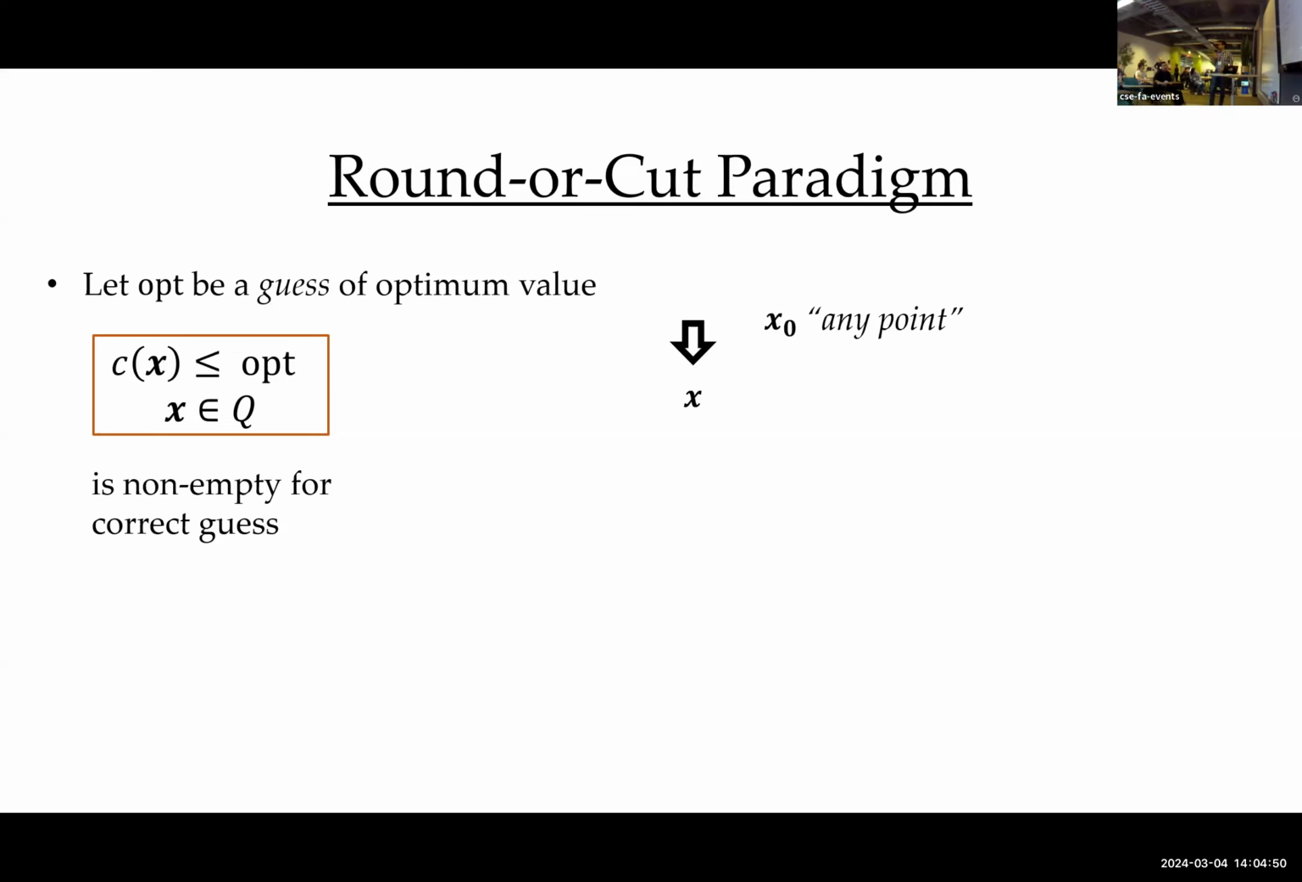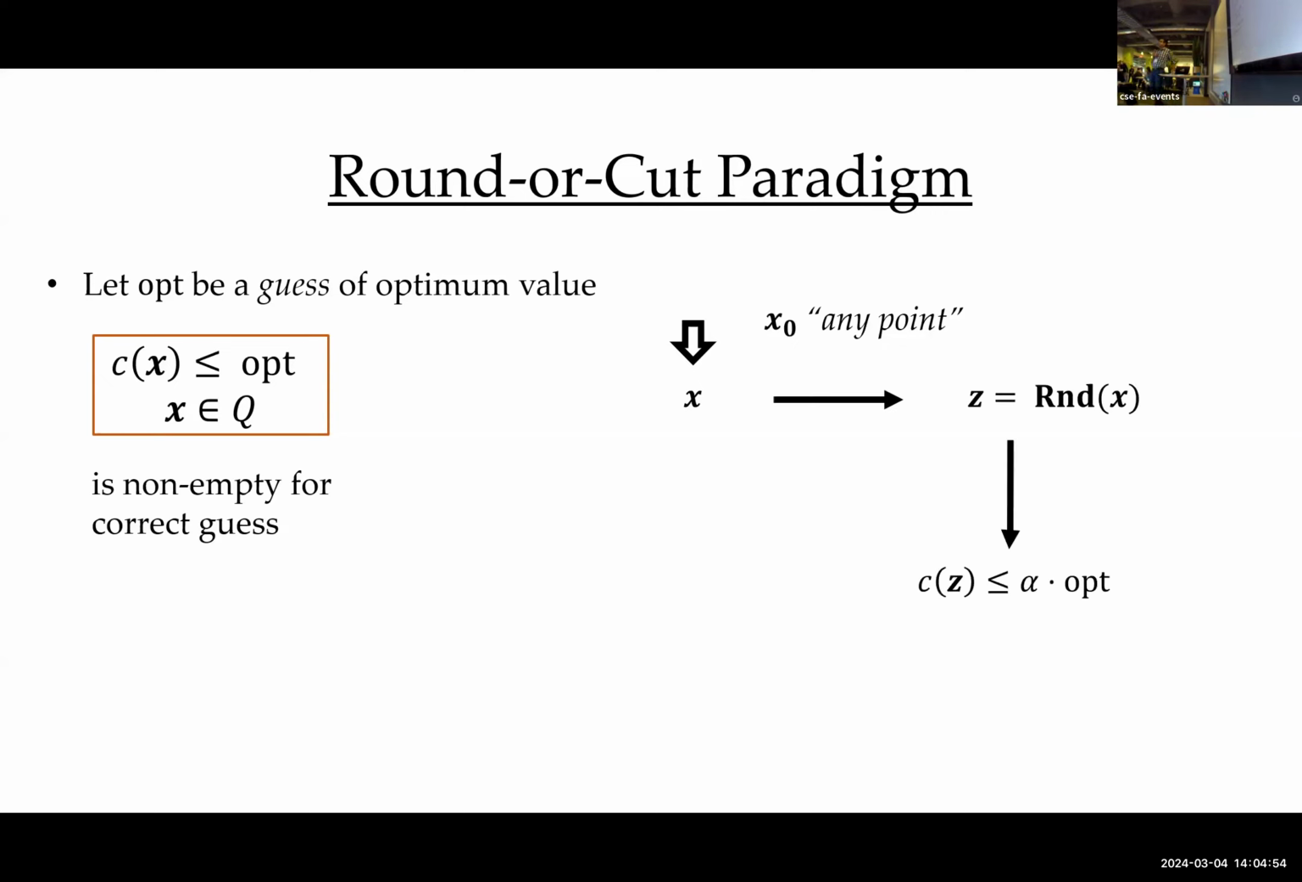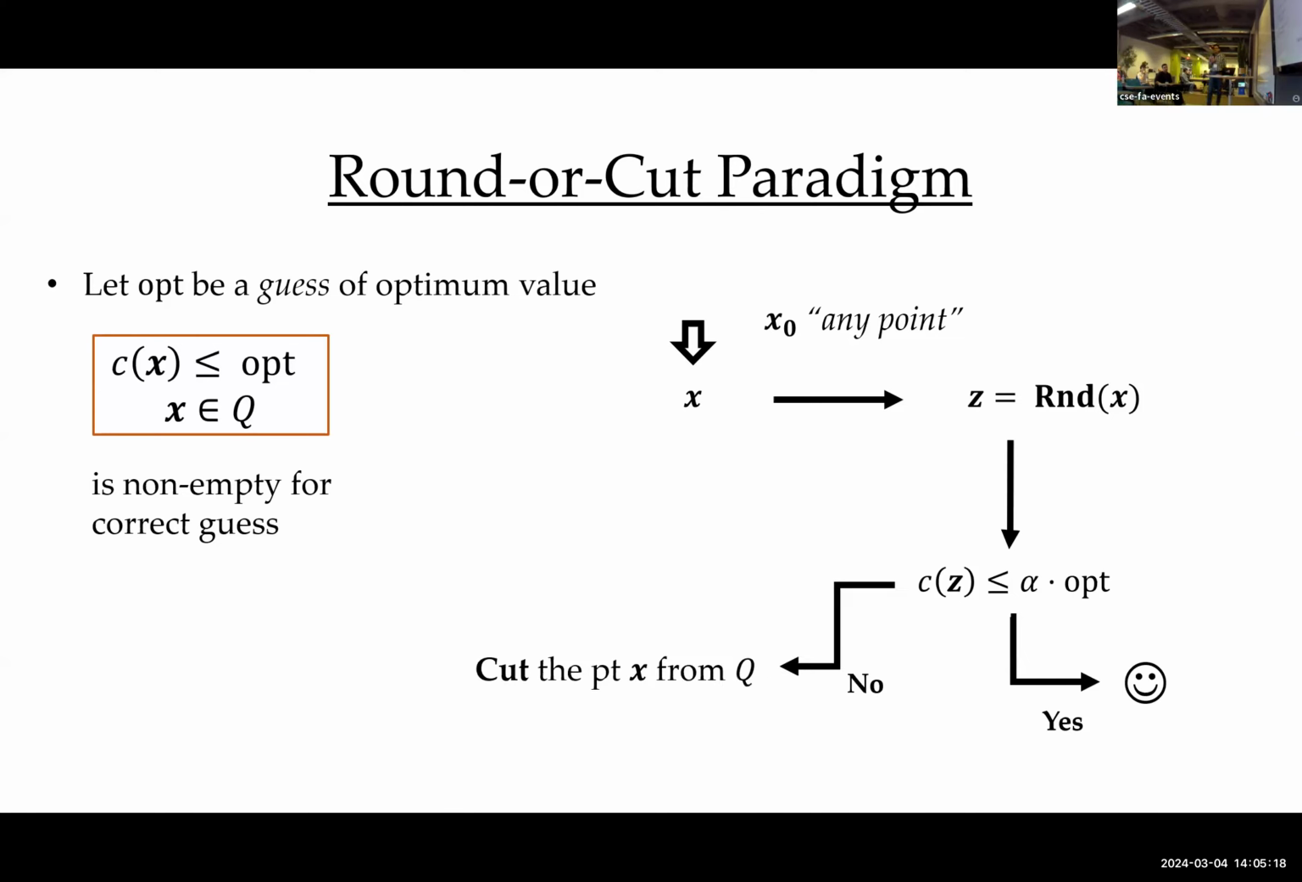I start off with any point, and I try to round it. There's a rounding algorithm that will be needed, and I'll try to round this LP solution to get a good fractional point. What a good fractional point means is that its cost is not too much bigger than my guess, so it's at most alpha times opt. If that is the case, then I have an alpha approximation with respect to this good guess of opt, and I'm happy. But if I fail,